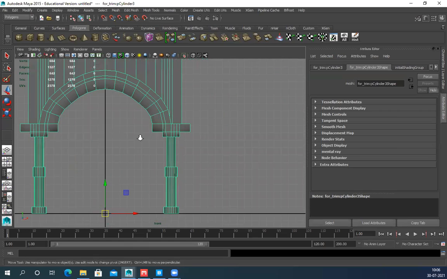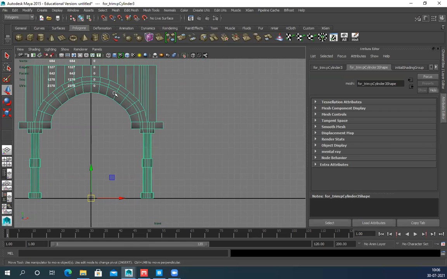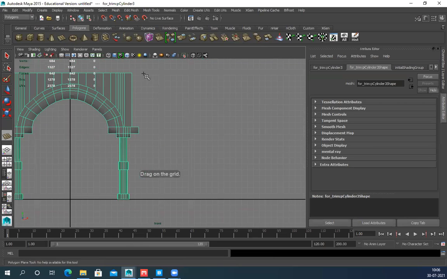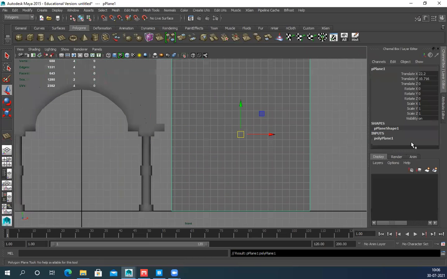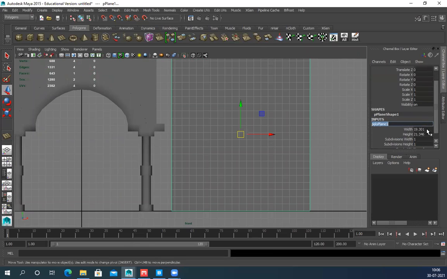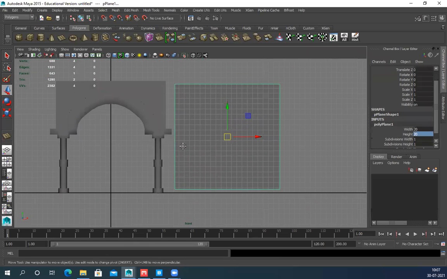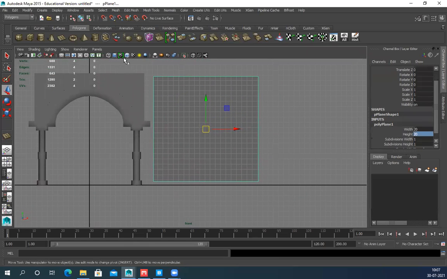So now I have to plan the texture. For that, what I'll do is I'll create a plane first. And let's see the size. I'll make it a 20 by 20 square, perfectly square. Now, based on my model, what are the textures I need? I need to add cuts in my plane so that I can generate an ID map for each and every individual texture.